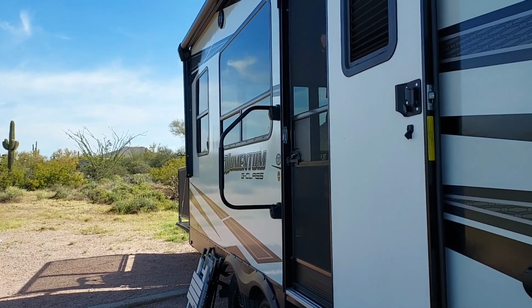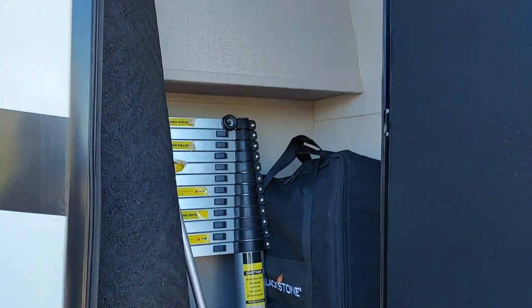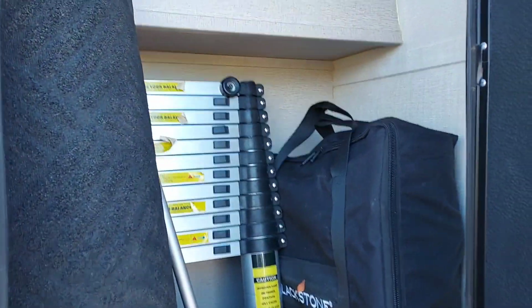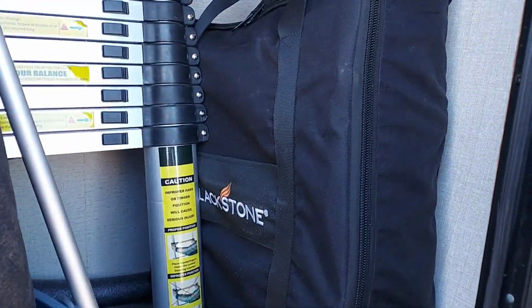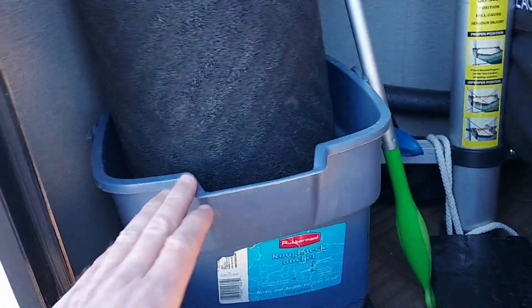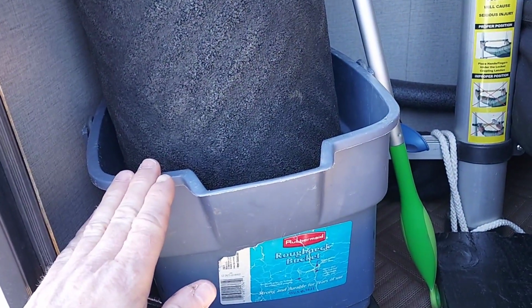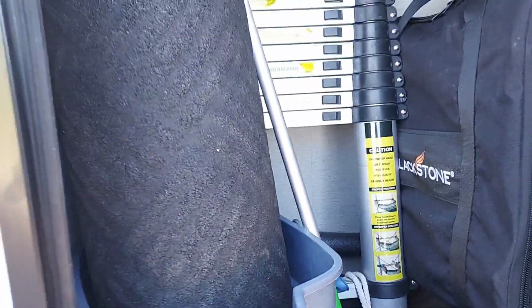So a lot of people ask how I store stuff, and this is the only outside storage other than where the generator is. So you can see we're kind of packed in here. I got my griddle there and my telescoping ladder. I use this bucket in Phoenix in the storage. I put some water in there to keep the humidity up inside so the wood doesn't dry out